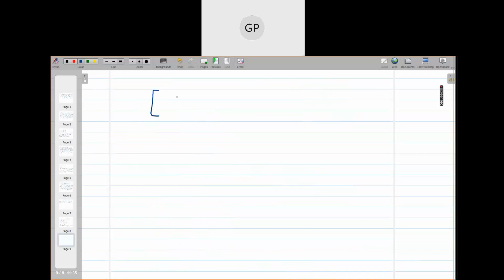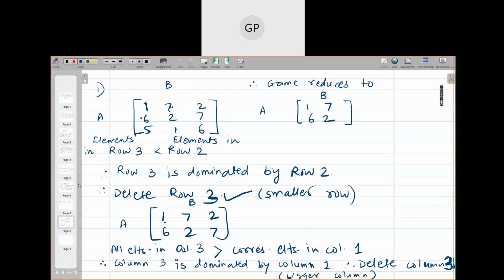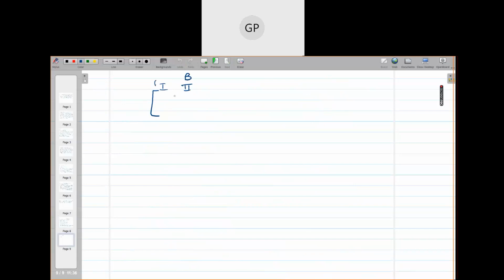So please write the strategies numbers which we have got. In the beginning I did not write the numbers. You may write them. B1, B2, B3 and A1, A2, A3. And you have to write these numbers, okay? Because at the end we have to write all the strategies. B1, B2, B3. Here A1 and A2. And here B1 and B2. Okay. So we are reducing it to B1, B2 and A1, A2 and the game is 1 7 6 2.